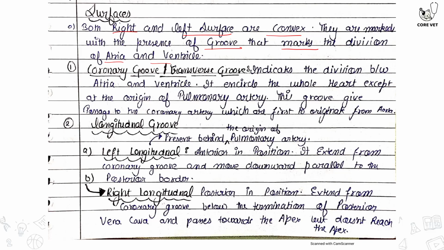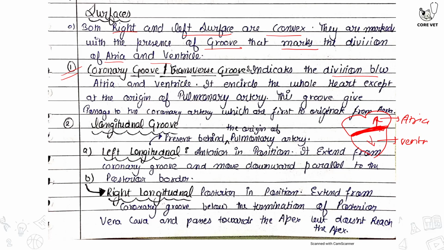These grooves demarcate that above this is atria and below this is ventricle. Now we are about to discuss the coronary groove. The coronary groove is a transverse groove that indicates the division between the atria and the ventricle. It encircles the whole heart except at the origin of the pulmonary artery. If this is the atria, this is the ventricle. Here, this is the coronary groove, which demarcates that above the coronary groove is atria and below